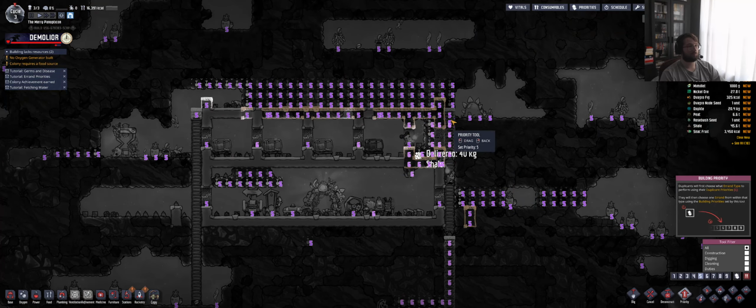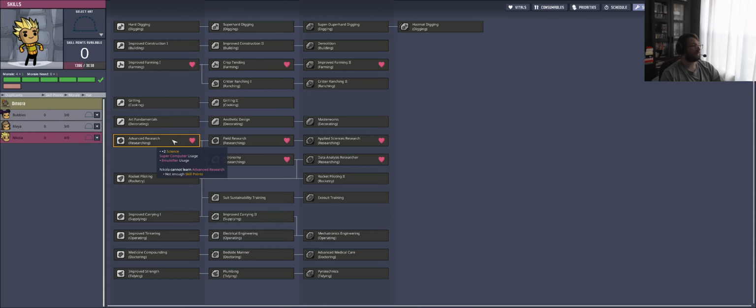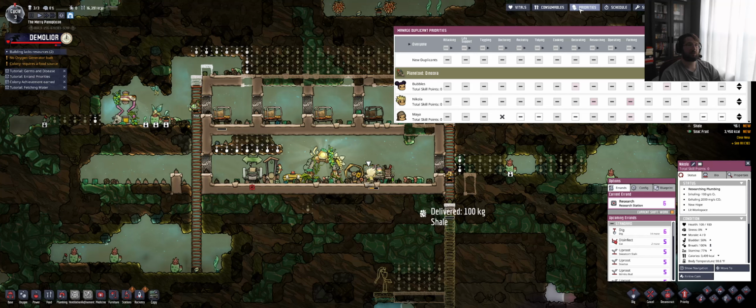So, who is the smart one? Nicola, no, Nicola, skills, that's what we will hit. You have improved farming and advanced research, so we want to set you to having a priority of doing research. All this looks complicated, but if it's a plus, it means they're more likely to do it. If it's a minus, they're less likely to do it. And if it's an X, that means they can't do it. So we want to put you having a